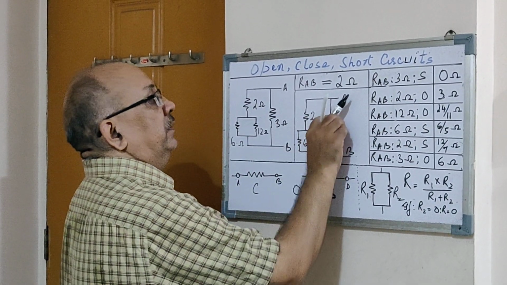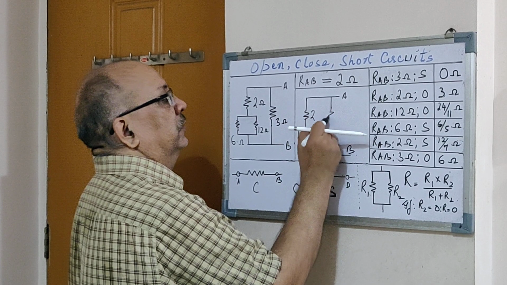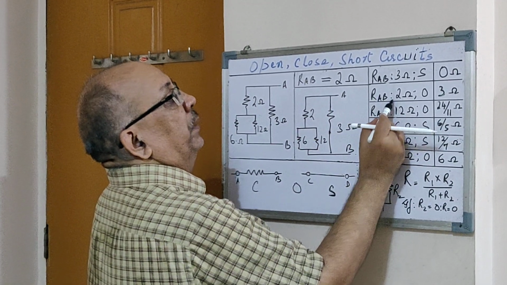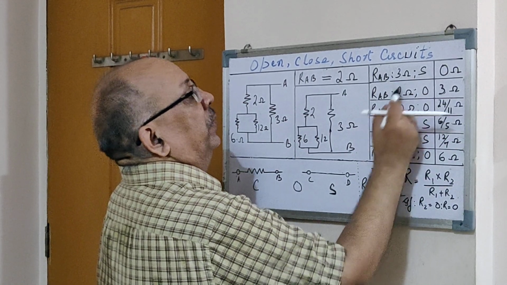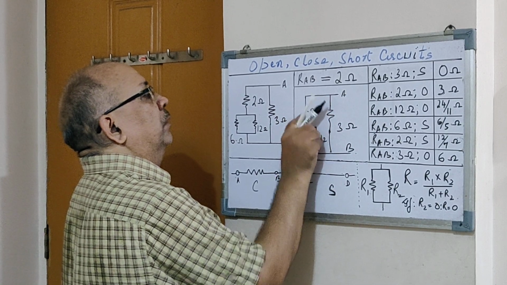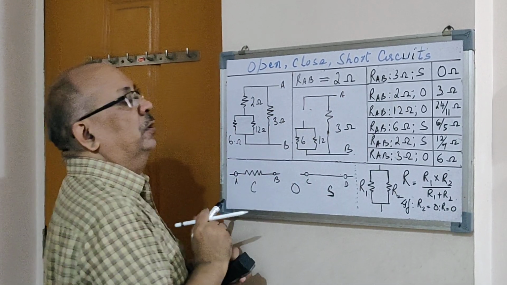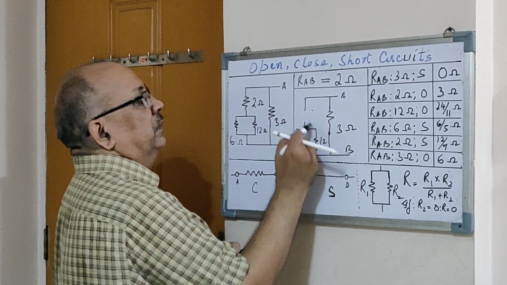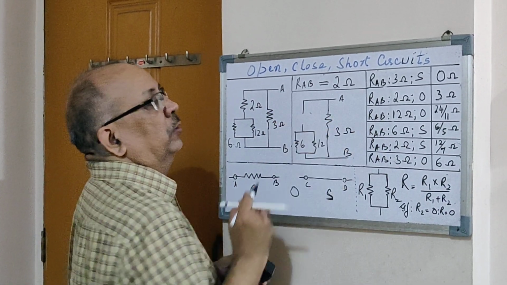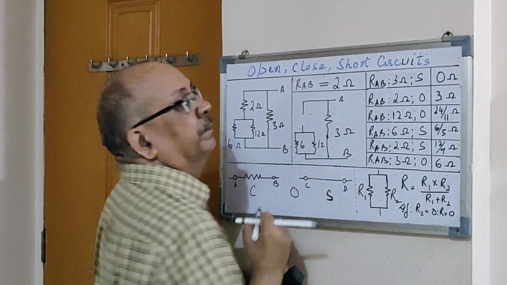Let's take the second case, assuming that everything else is fine, that is 3 ohms. When 2 ohm is open, the configuration comes out like this. It is very clear that this open, in series with this resistance, makes the total open. Hence the effective resistance is only 3 ohms. So that is the answer here.